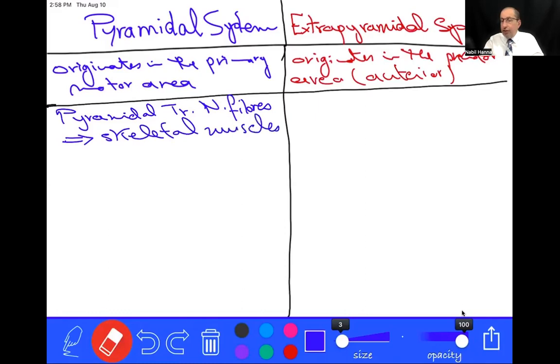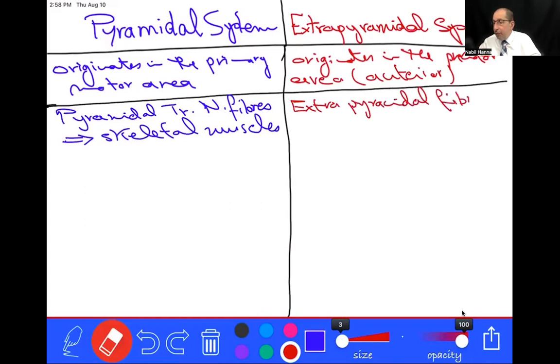The muscles attached to your skeleton, the muscles attached to your bones. So the extrapyramidal fibers, which travel in a different freeway, in a different tract other than the pyramidal fibers, they too go to the skeletal muscles,